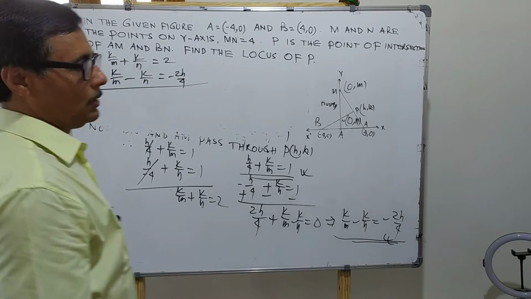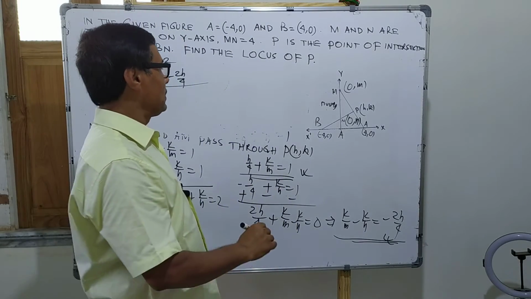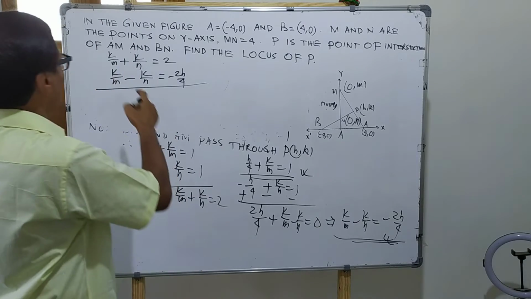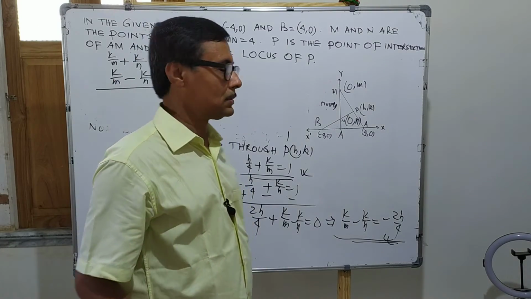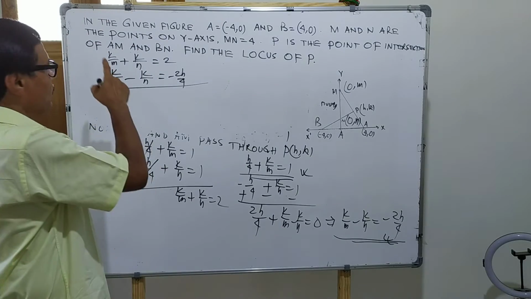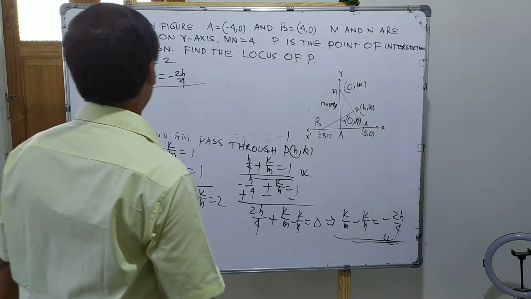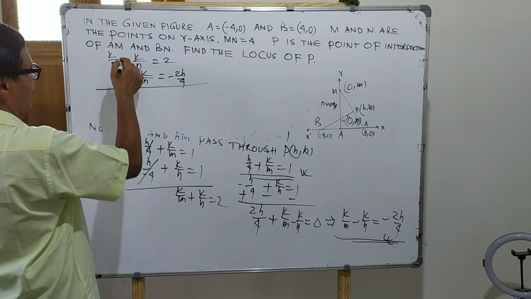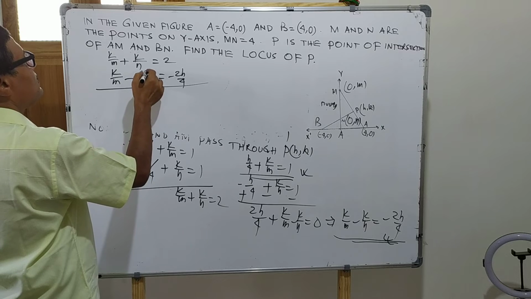We can solve these two simultaneous equations in the variables 1 by m and 1 by n, and we get the values of the two variables. Now if we add these two equations, we get the sum of these two equations,